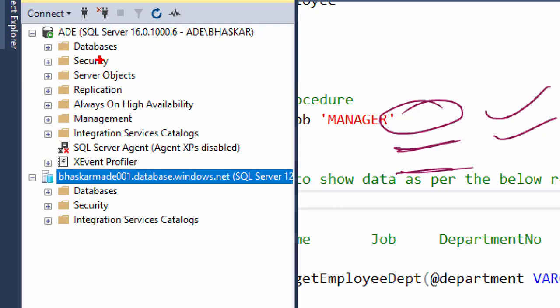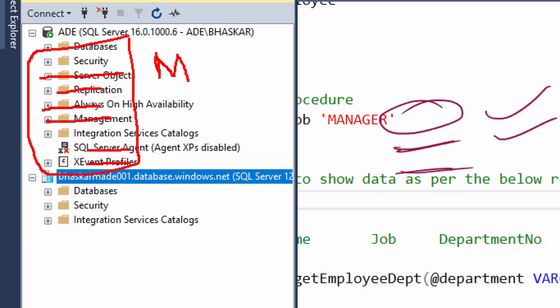Databases is there, security is there, and integration catalog is there, but server objects are not available. Replication is not available. High availability is not available. Management is not available. Server agent is not available. Profiler is not available. So if you want to get these same kinds of features, then you have to go for managed instance.